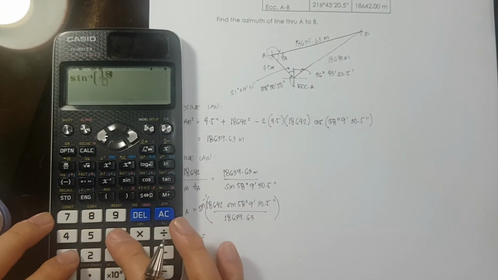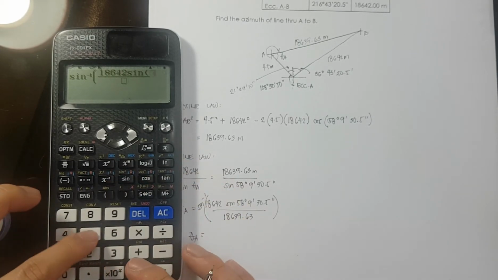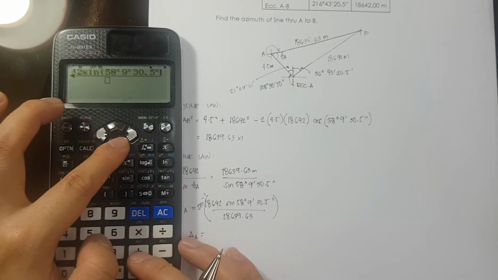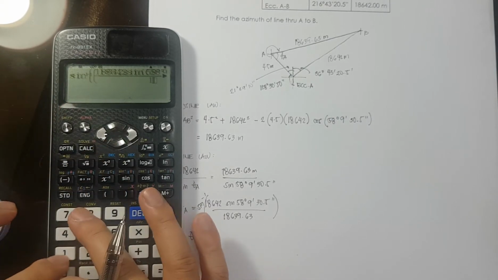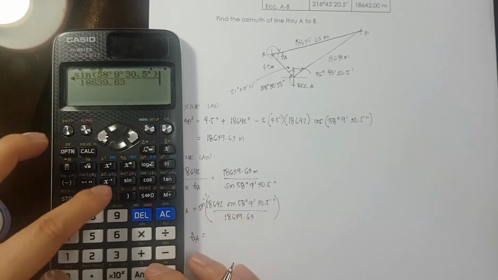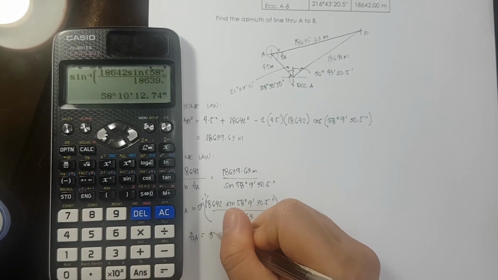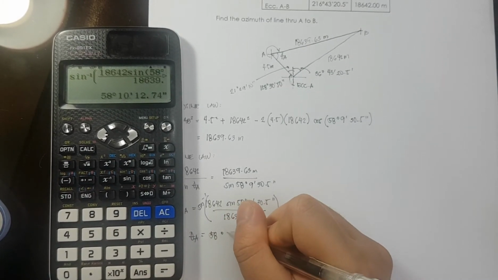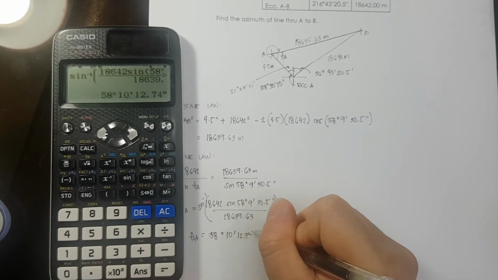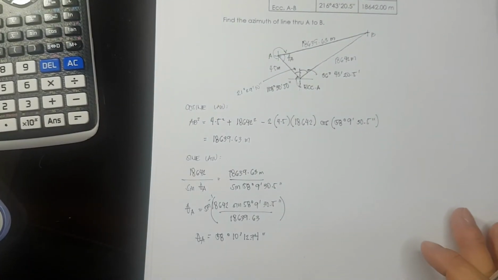we have 18,642 sine 58, 9, 30.5 divided by 18,639.63, and that is equivalent to 58 degrees, 10 minutes, 12.74 seconds. Okay, now to get the azimuth,